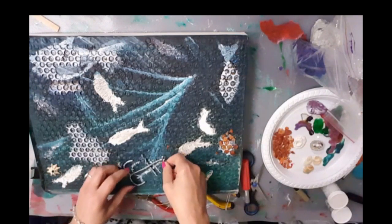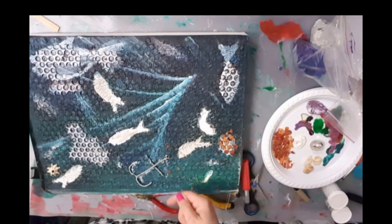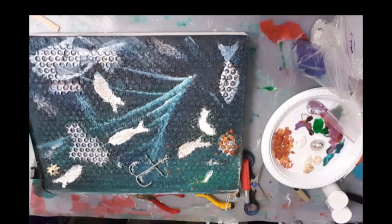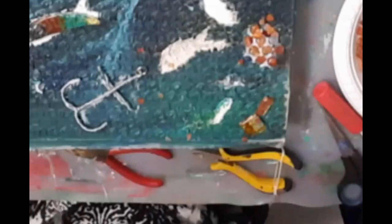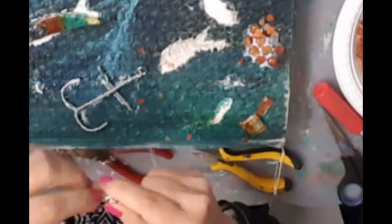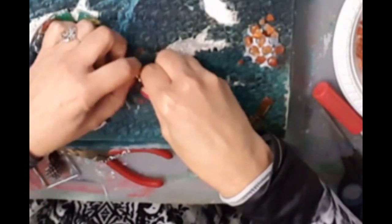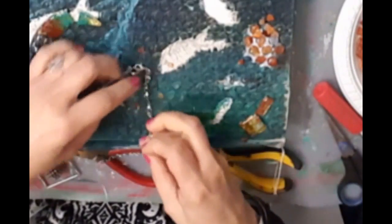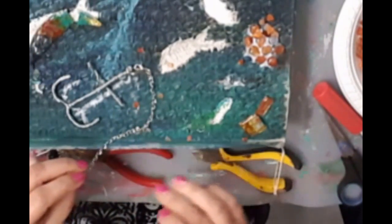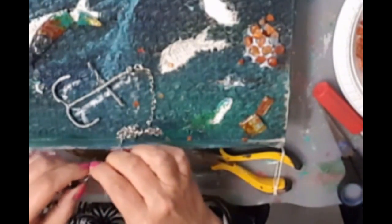I usually have some chain hanging about somewhere from something, and then just click it on there. Actually, chain will be better than this. Okay, so let's go find that chain and see what it looks like. I found the chain. It's just like a cheap piece of jewelry, and it's got a link which I'm going to try to, oh yep, look at that, link it onto that and just kind of have it sitting whichever way and falling into there. Because I put the whole thing in there, I'm just going to cut it